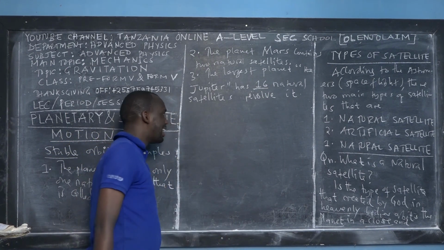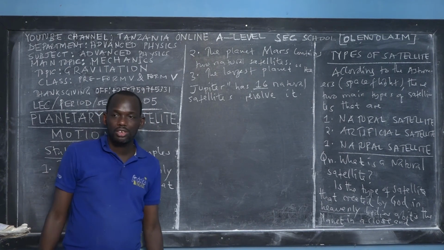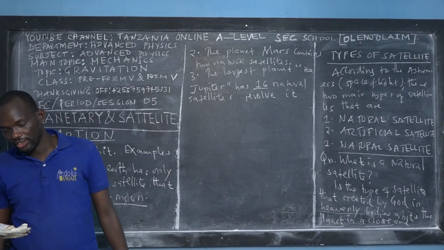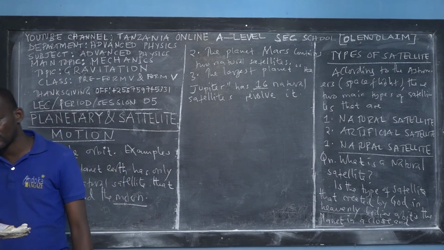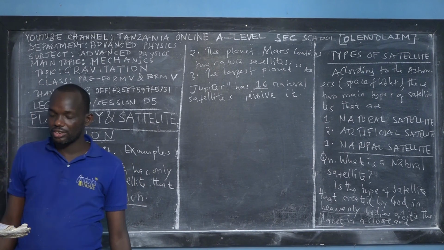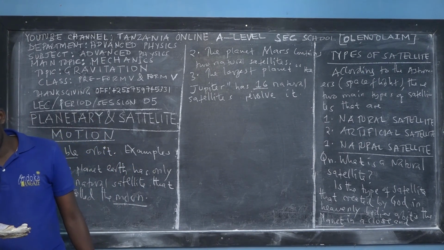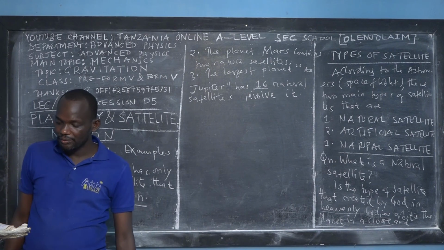So now you have some examples of natural satellites. This subject is not focusing too much on the planets, and also this subject is not too much focused on the natural satellites, but this